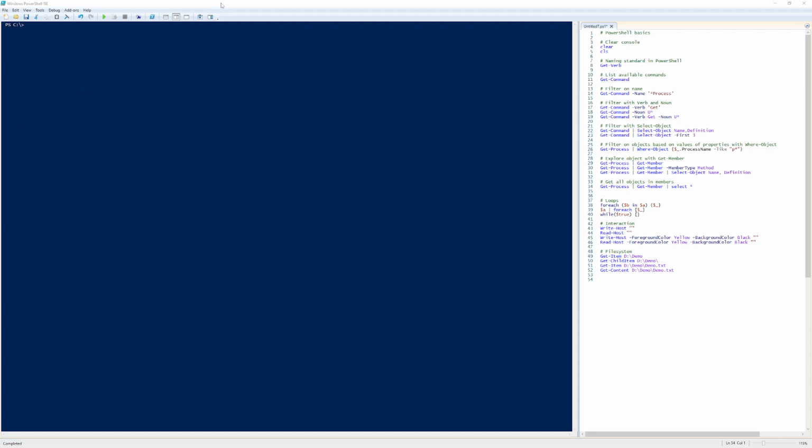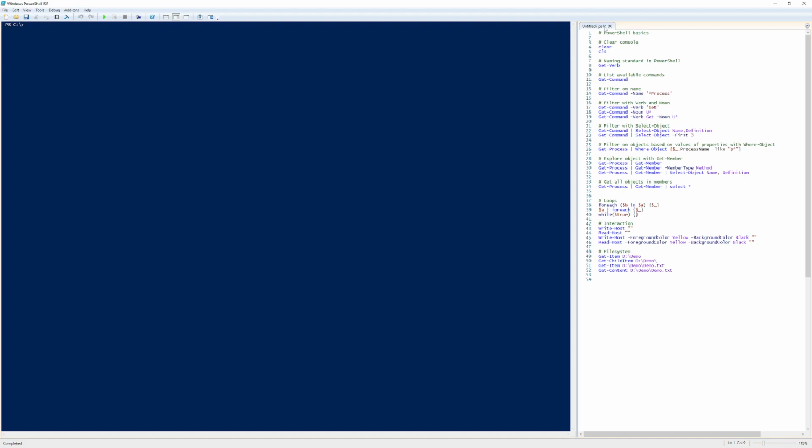What you see on the screen here right now is PowerShell ISE, which is basically an integrated scripting environment. So you can run scripts here and get the output right away. So I have pre-written a few things here. I haven't saved the script yet, but